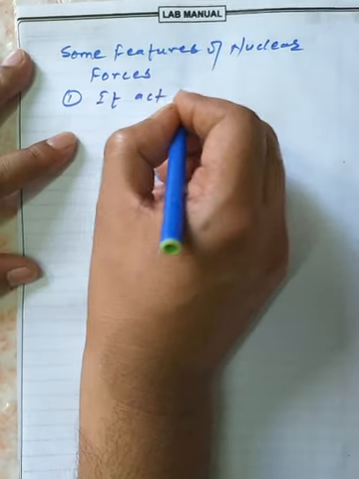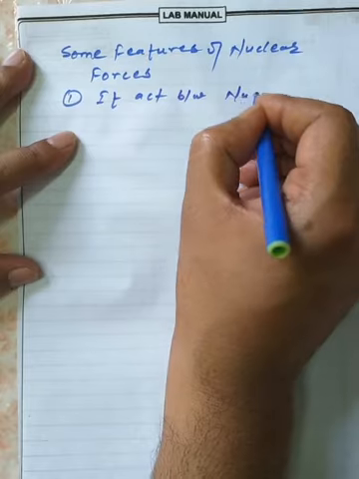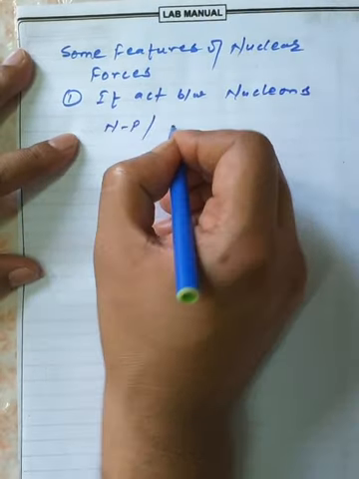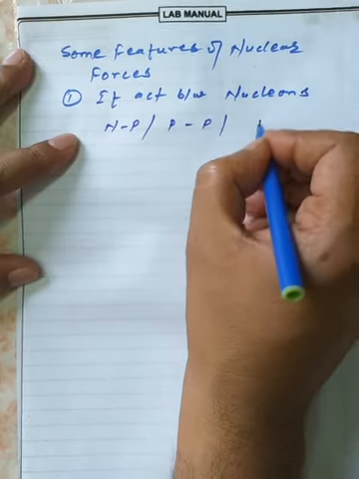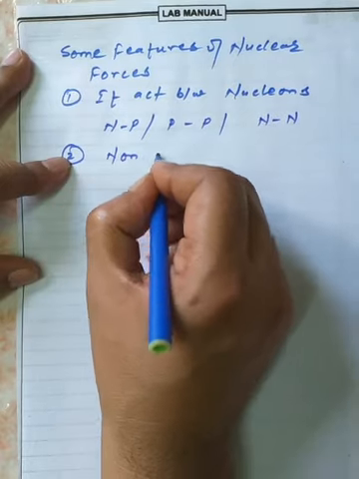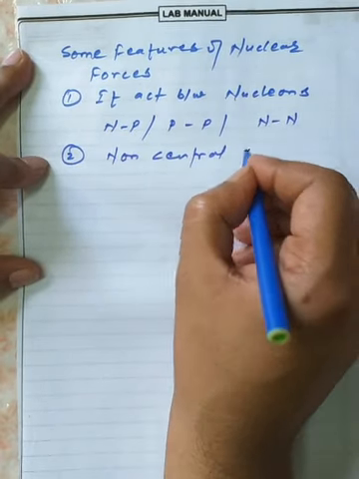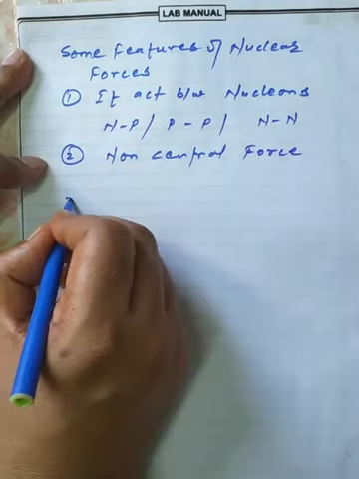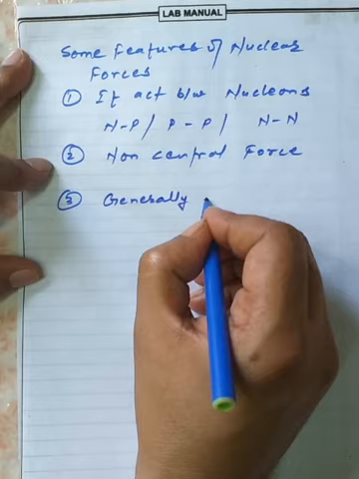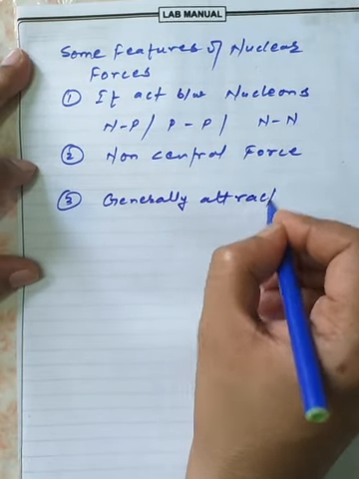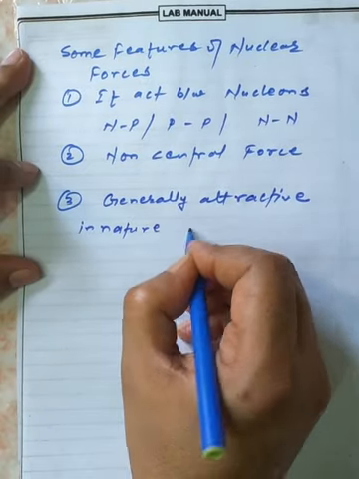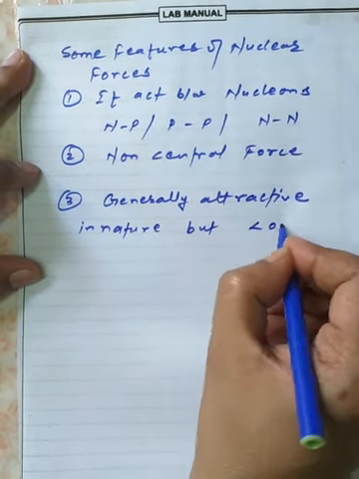It acts between nucleons. Nucleons means neutron and proton: between proton and proton, and neutron and neutron. It is a non-central force. It is generally attractive in nature, but at distances less than 0.5 Fermi,